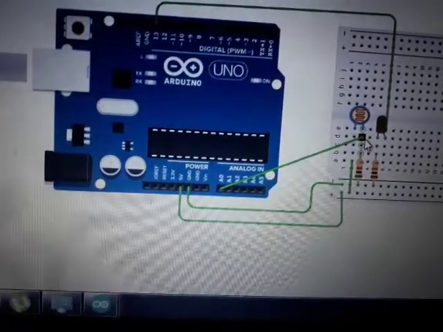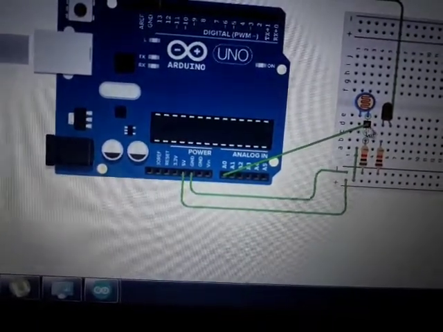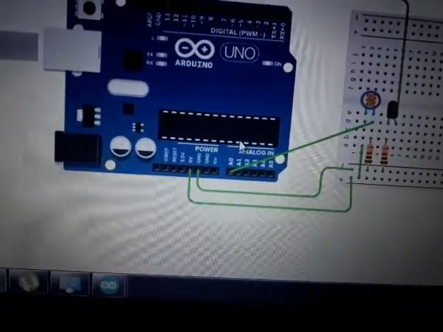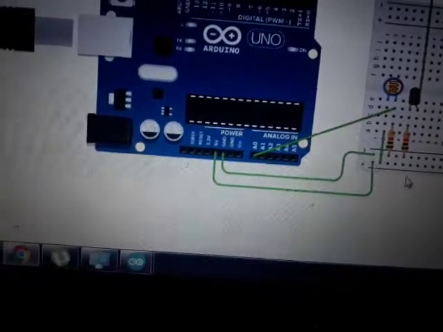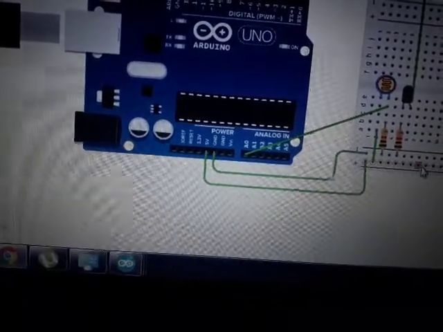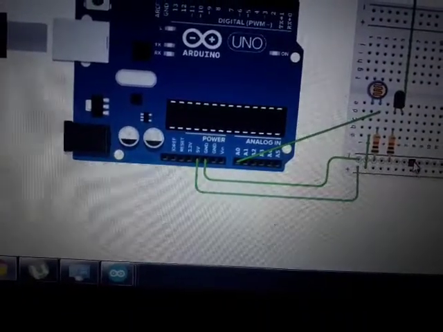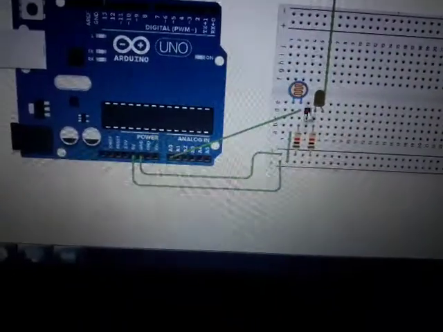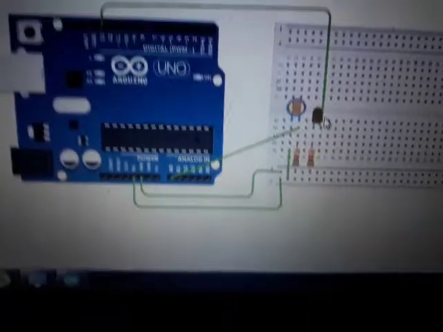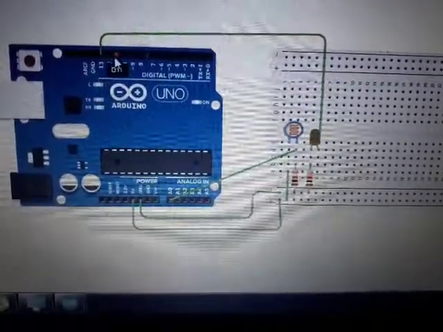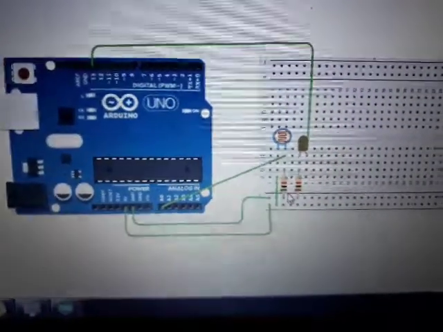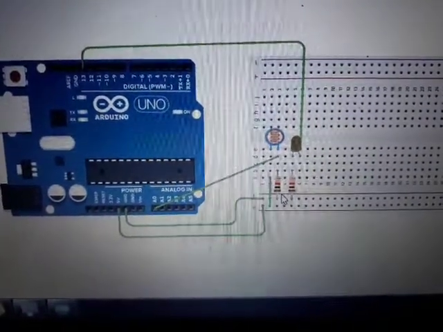The same point is connected to pin A0, the analog pin of my Arduino. This complete line is 5 volt, and this complete line is ground. Now the LED is connected to digital pin number 13. This is the output pin, and one part of the LED is connected to the ground. You can see the complete connection diagram here.